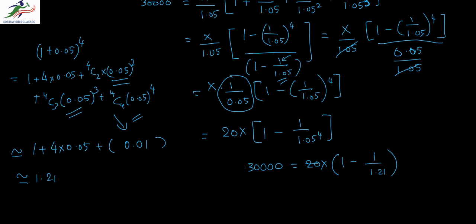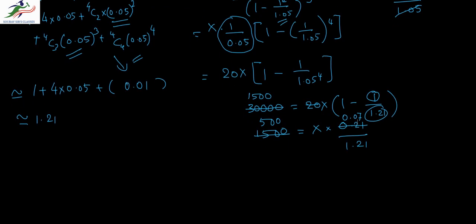So this would cancel with 30,000 to give 1500, and then I get this as x into 1.21 minus 1 would be 0.21 by 1.21, and then 1500 goes with 500, and 0.21 gives me 0.07. So I can now calculate the value of x from here. So x will be equal to